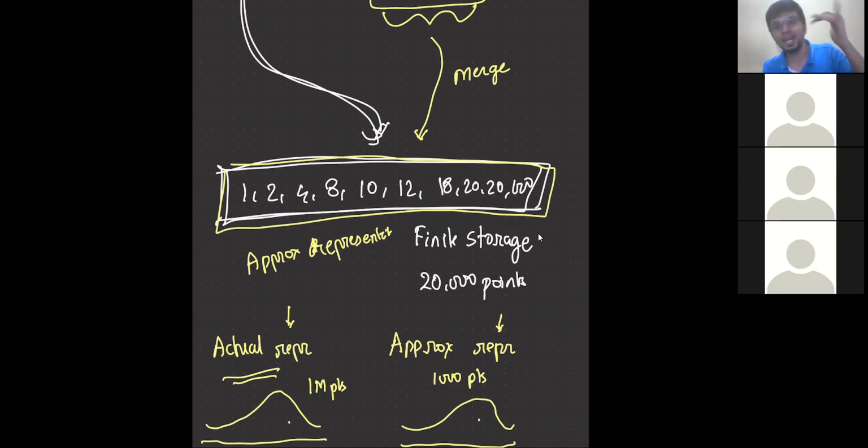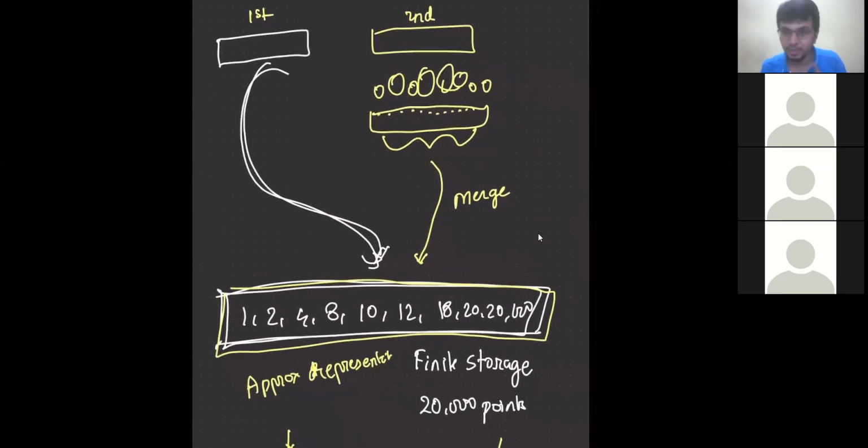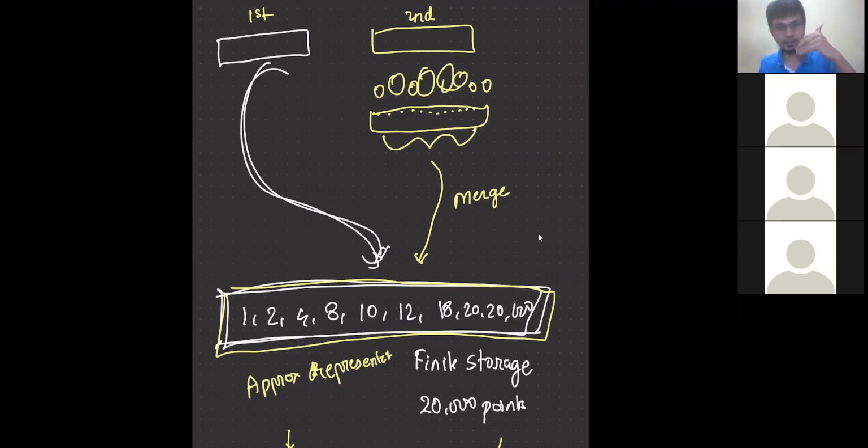This is where my T-digest algorithm comes into the picture. The T-digest algorithm tells us that lower values and higher values require smaller cluster sizes. So I need a more accurate representation, basically more sampling. When you sample a large amount of data, you lose out on a large amount of information.